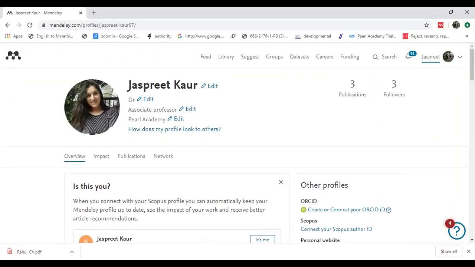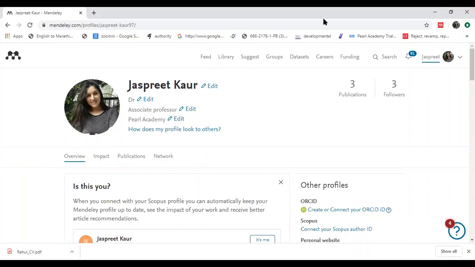What happens is, like you, many of your colleagues will have a Mendeley profile. All of you are aware of LinkedIn profile. It is something like that. All of you are aware of ResearchGate profile. You can have a proper profile in Mendeley also. And what happens over here is, you are given a choice of adding your publications.